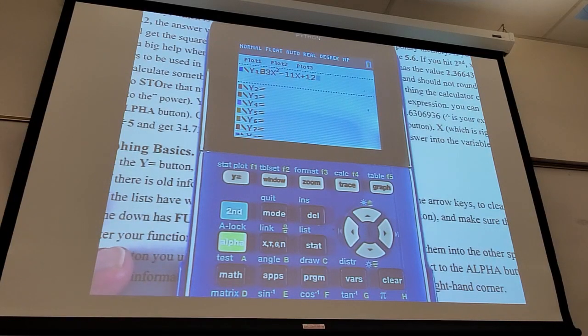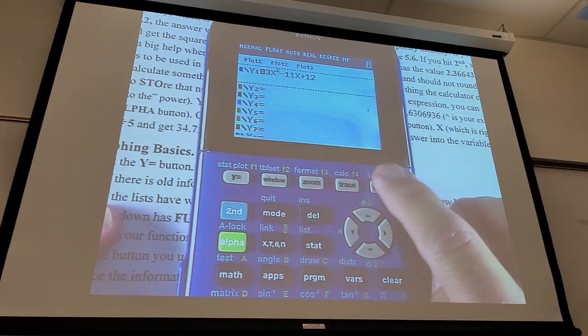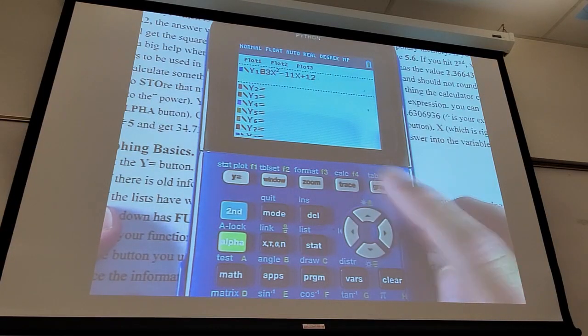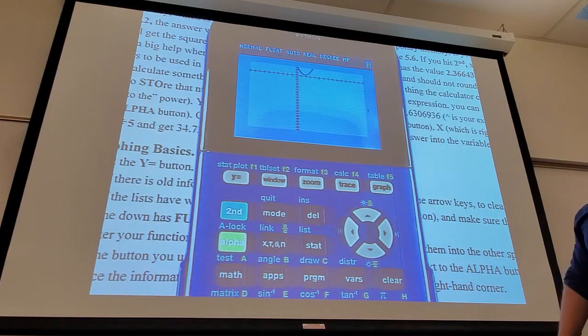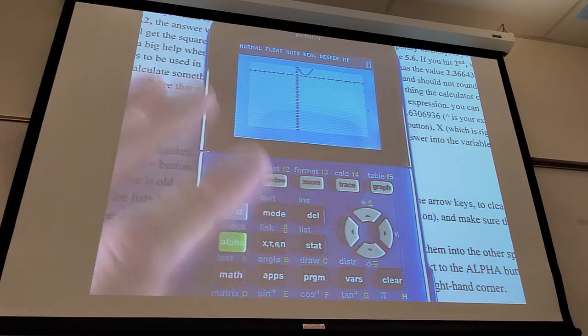Okay. And let's just hit graph. Everybody got that? 3x squared minus 11x plus 12. Let's just hit graph, see what happens. Aw, look at that. Poor little guy. Max 10, yeah? So first thing we can do, pretty much what I tell my students, when you put